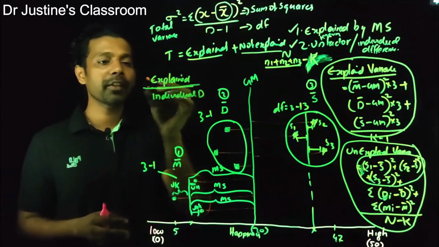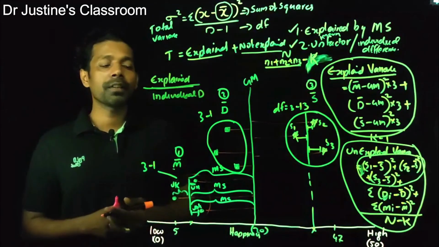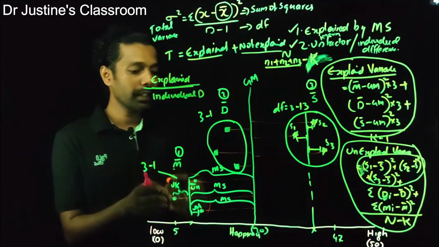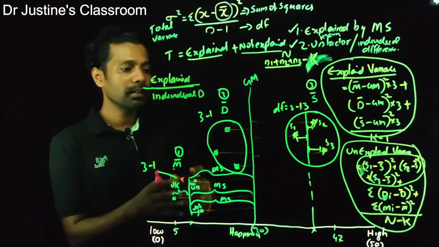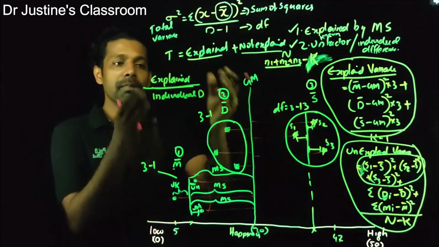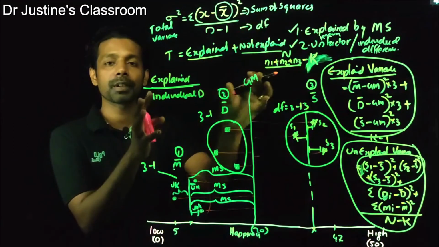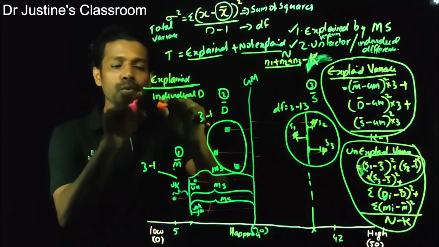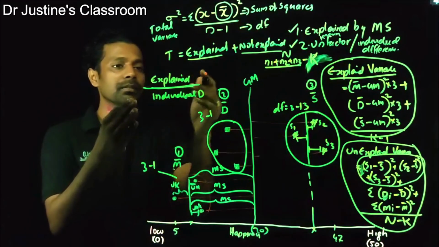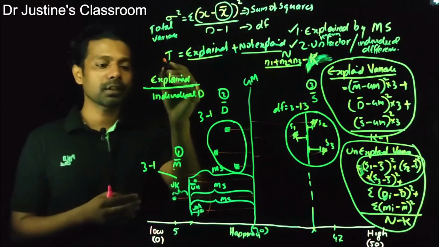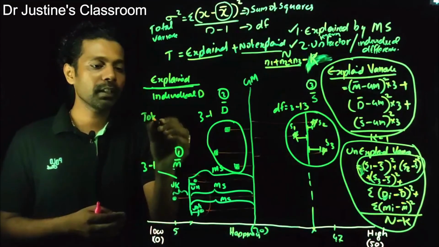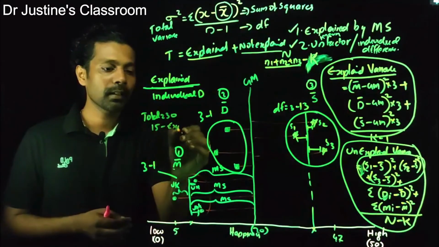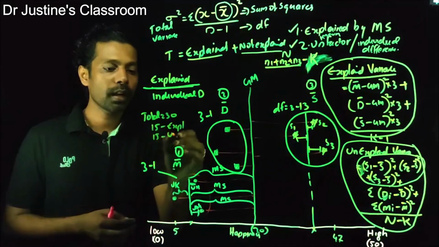What if I find out a ratio of the scores? And imagine a situation where the explained factor is very high and the individual differences are very low. That means when I take 9 people, the reason for them being different is majorly because they belong to some specific groups, not the individual differences among them. What if these two scores are almost the same? Assume that this is the total variance, right? The total variance is 30, in that 15 is due to explained and 15 is due to unexplained.